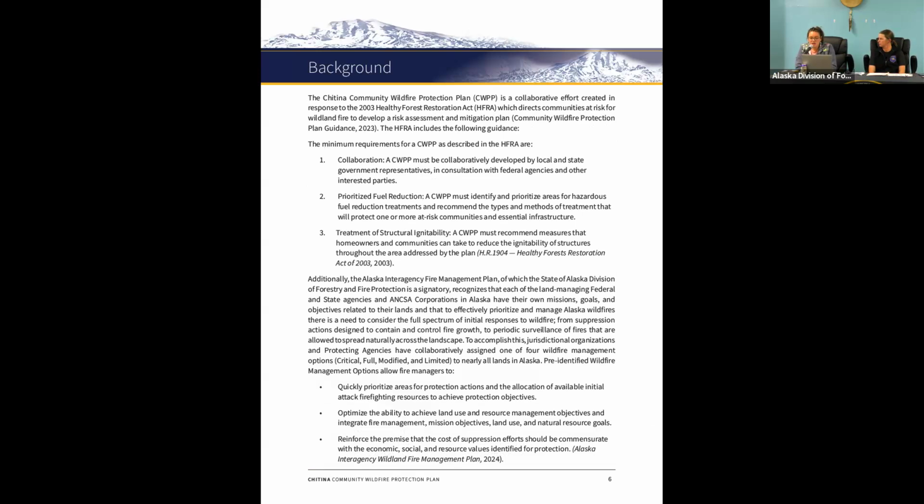This section is still under review to promote readability. So if you get to this section and are really like, oh man, there's a lot of jargon in here, we are still working on it to make this a more user-friendly section for the community members themselves. And keeping in mind that this plan is written for you. So if there is something in this plan at any point in time that you see, you're like, man, this just really doesn't make sense, we want to know, because we're writing this for you and for your VFD, as well as your tribal and all of the other entities to be able to seek funding to implement what we're identifying.